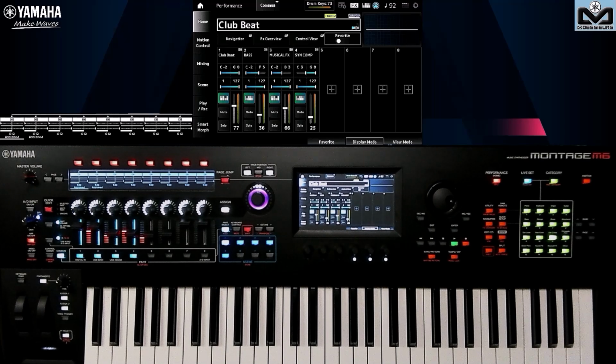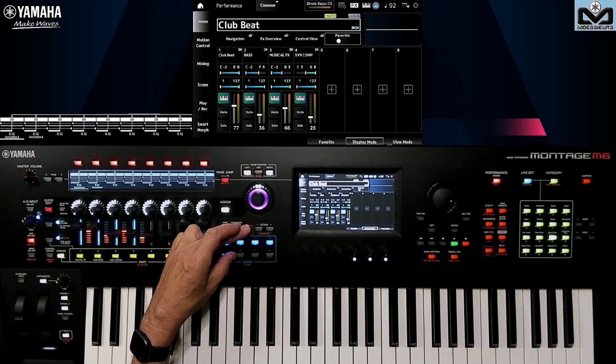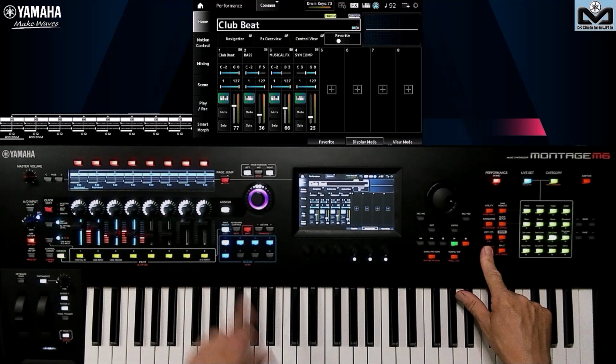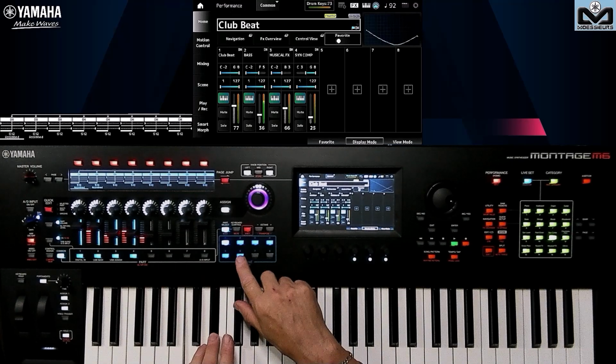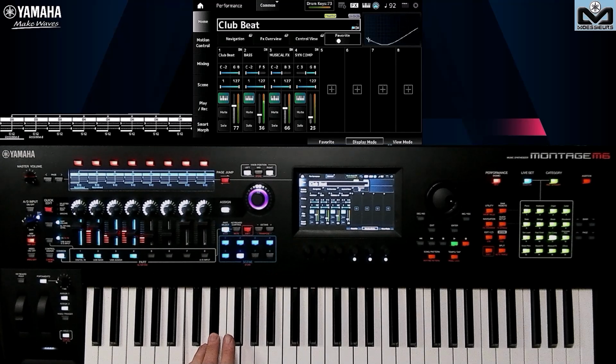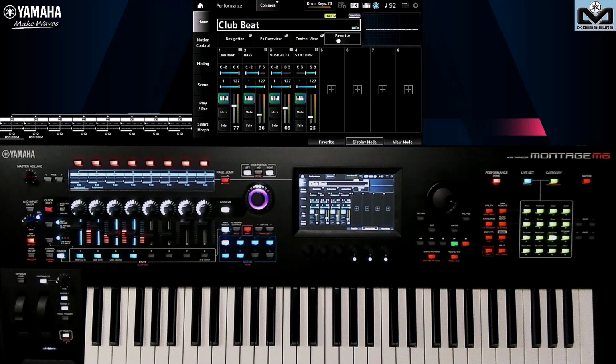First idea that comes to my mind: I'd like to start without arpeggio, do an intro with just the bass. How can I do that? Because the most rhythmic is this one, scene 1. I like it. You've seen the shift plus scene number. I don't do it there, but you can do it here, it might be more practical for you. For me, in on-screen visualization, it's better this way, and here you'll see, I've got exactly the same thing.